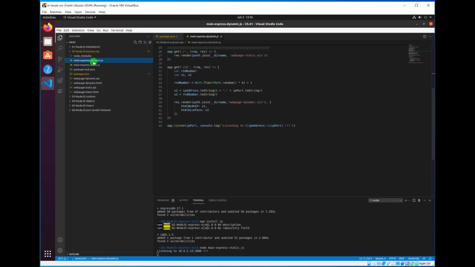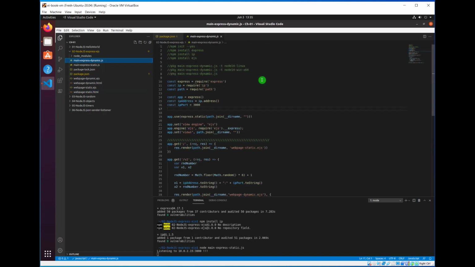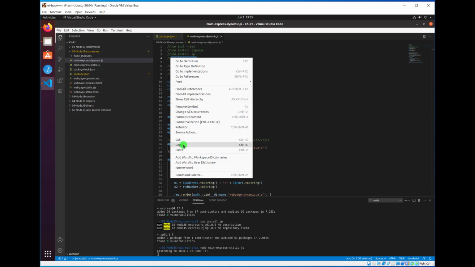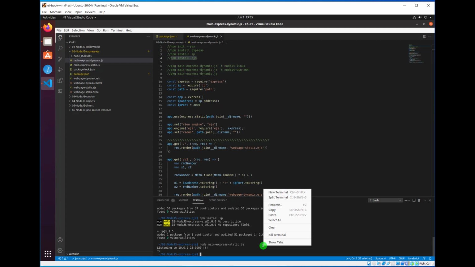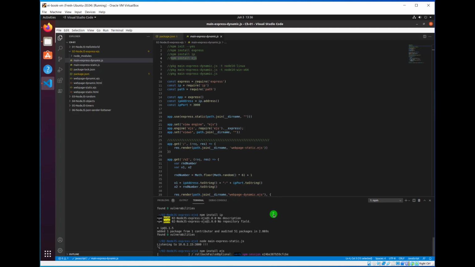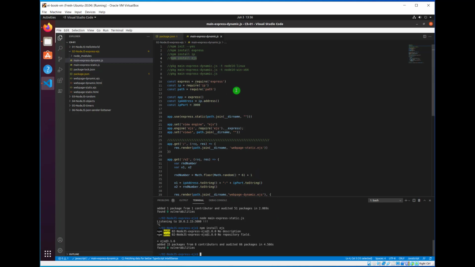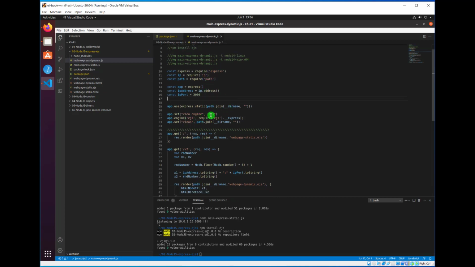And if you go to this my express dynamic, now this is where the magic happens. So first of all, we need to install another package. First we're going to stop this, Ctrl+C, and then we're going to install this EJS. Let's go through the code. So we have express, IP, then we have the path, and then we're going to have this EJS, which is a renderer,